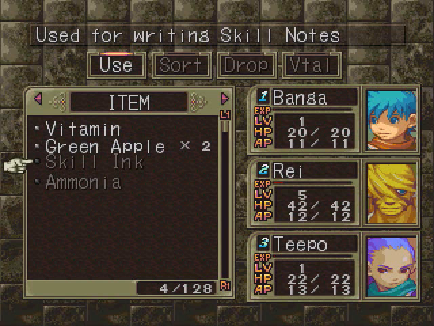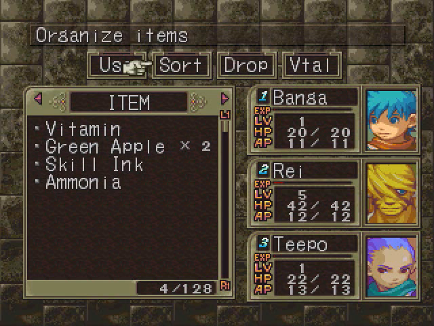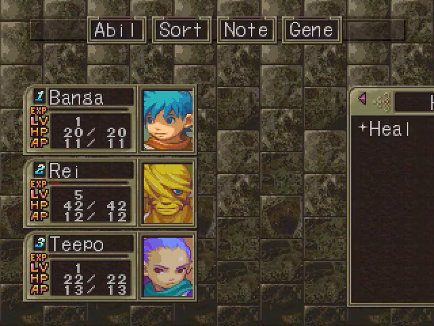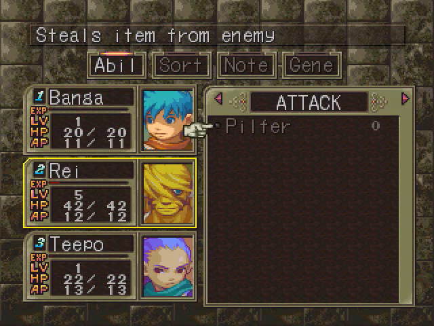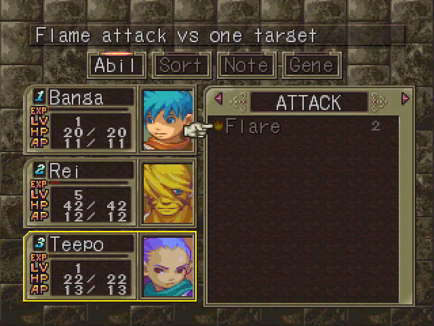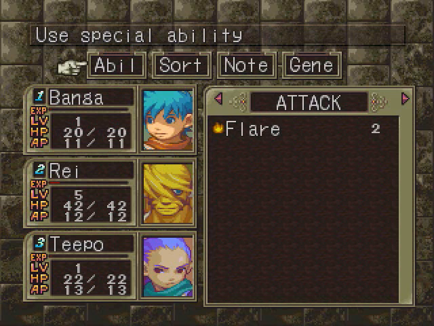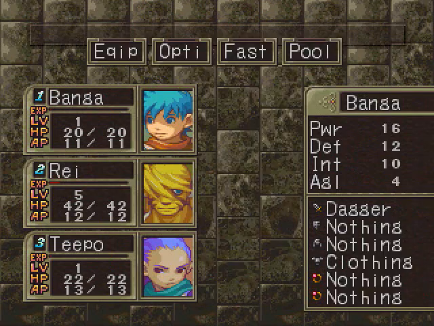Okay, skill notes will come in handy when you learn skills from enemies. And ammonia is used to revive party members. I guess ammonia is like smelling salt, so to speak. I could be wrong. As far as our abilities, I have a heal ability and nothing else. Ray has a pilfer ability, allows to steal from enemies. And Tipo has flare, which does fire damage to enemies. Sounds pretty cool. Well, I'll have to find a way to make it all work somehow, but let's go back